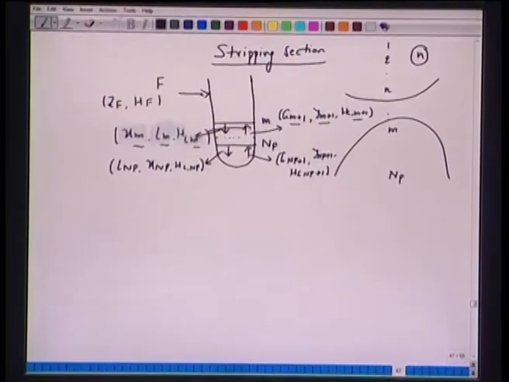We can take this hypothetical section here like this. This liquid which drops from the bottom plate trickles and goes now to a boiler. This boiler gives energy Q B, heat, calories per second. Part of this liquid is removed as the bottom product, W, H W, and we have x W.